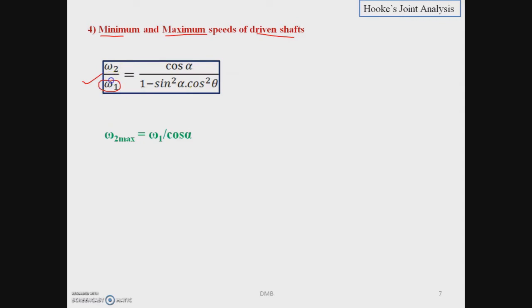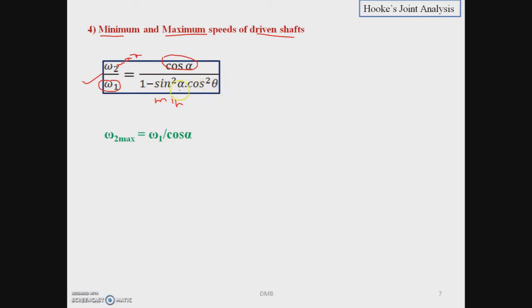Omega 1 is constant, so for omega 2 to be maximum, the right hand side of this equation should be maximum. Now again in the right hand side, alpha is constant, so cos of alpha will remain same or constant. Now for the right hand side to be maximum, since the numerator is constant, the denominator should be minimum. All of this whole term in the denominator should be minimum, and for the denominator to be minimum, which is 1